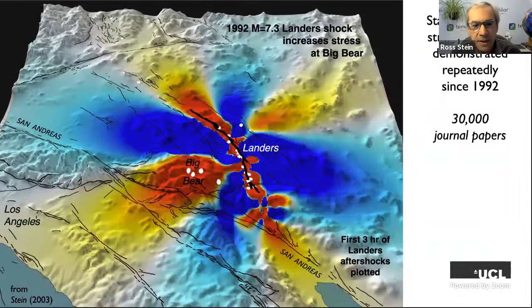So here's the Landers earthquake that was kind of an overachiever and gave us the 7.3. And here, retrospectively, is the stress pattern produced by the earthquake. So we see the big lobe of red beyond this end. The other lobe is broken up because there was another little earthquake, the Homestead Valley, Joshua Tree beforehand. And then we have the side lobes, this big one and this little one.